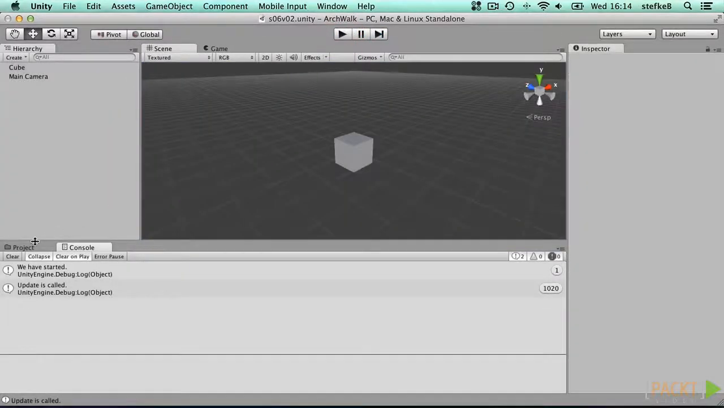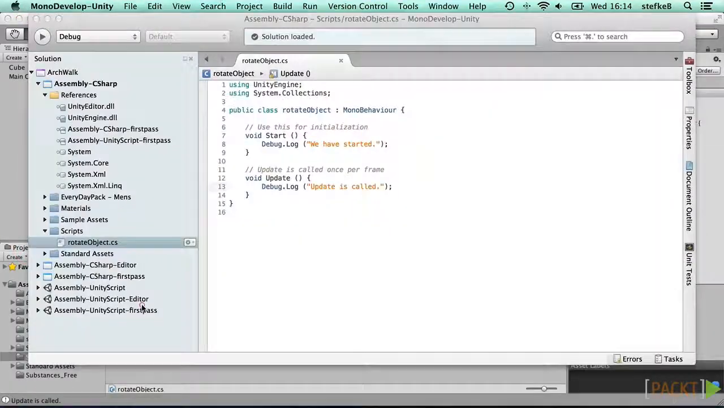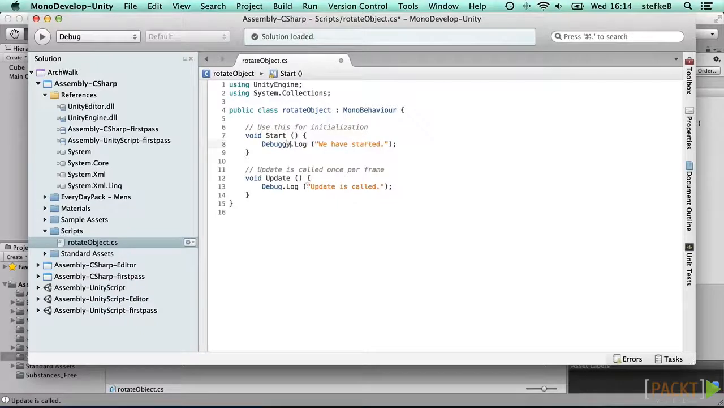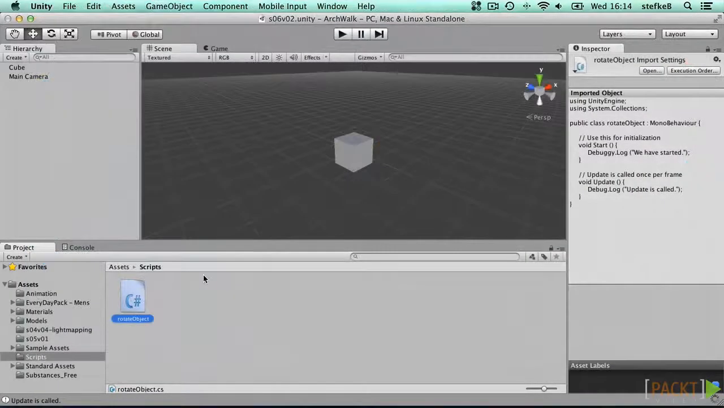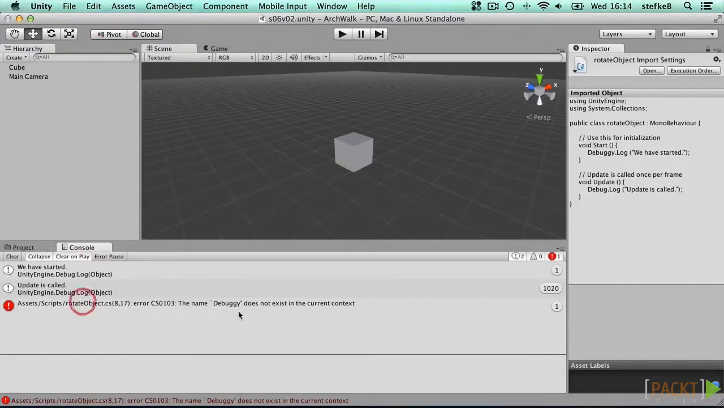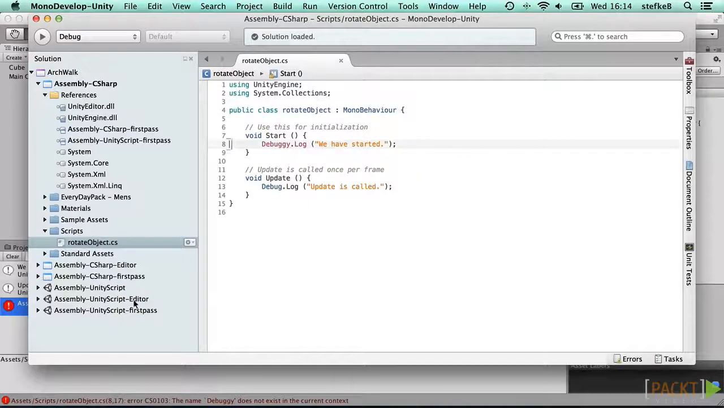If you write an error, Unity will complain in the console. Switch back to MonoDevelop and write a stupid error in the start method. For instance, change debug into debuggy and save the file. If you now come back into Unity, you get an error. Double-click on the error in the console and Unity steers you back to the place in your code where the